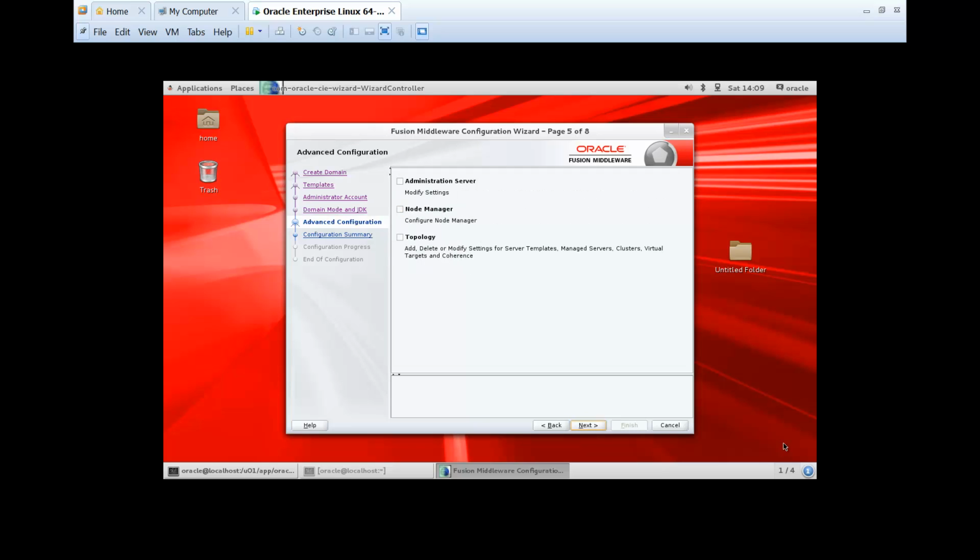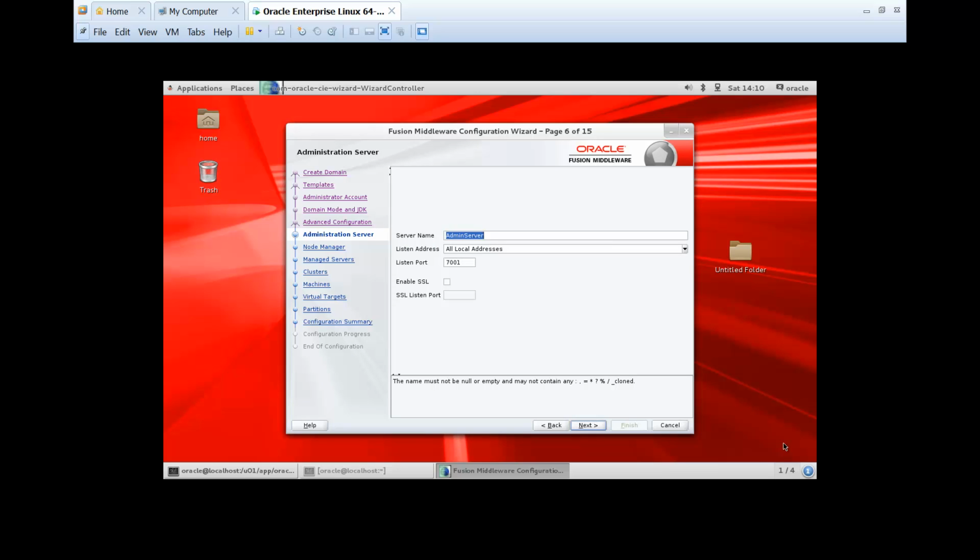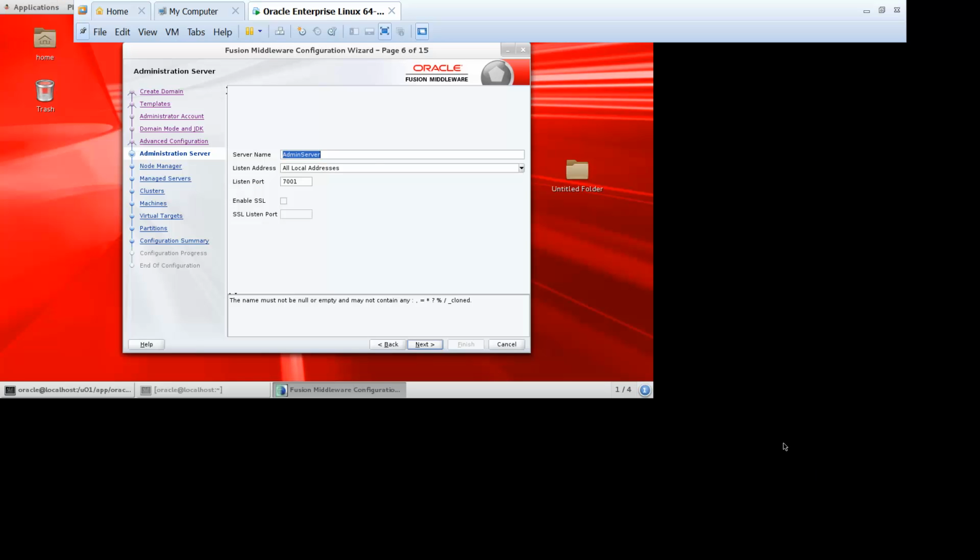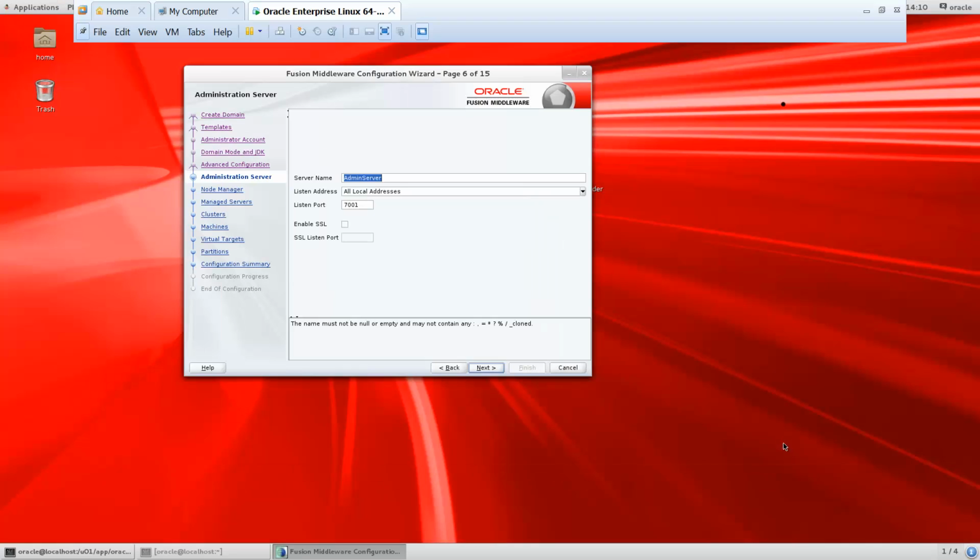Now, what all do we need? We need an admin server, we need a node manager, we need a topology also, because without topology we cannot create a cluster. So click next. Very careful, guys, follow me. Keep the settings like this: listen addresses, all local addresses is better. Keep 7001 for the admin server as the port, and then